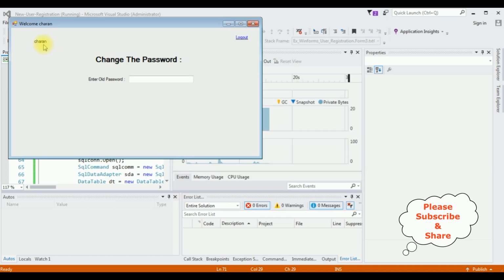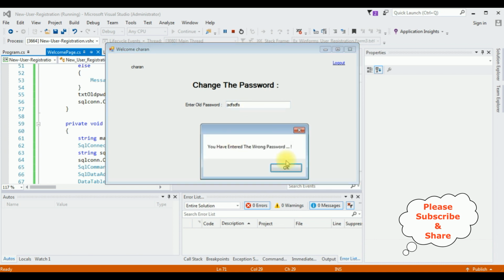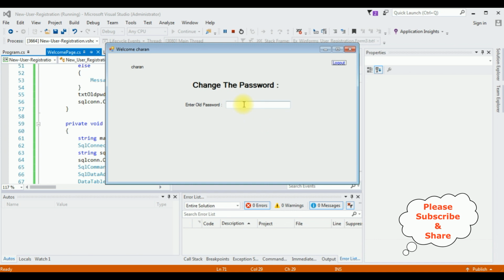After I log in with the Charan user, here is the enter old password. Let's enter the wrong password. When I click tab, see here we got an alert message: you have entered the wrong password. Click OK. Our password is Charan123, which is the real password. Tab. Once the user enters the valid password, we are getting the panel control with new options to update